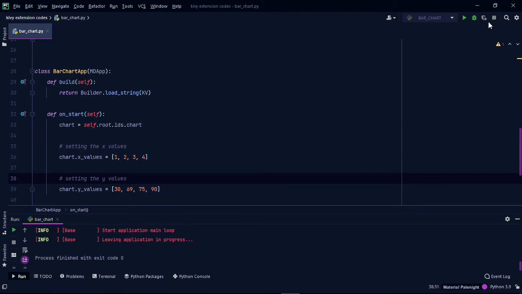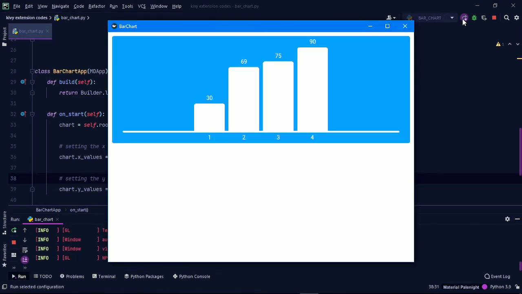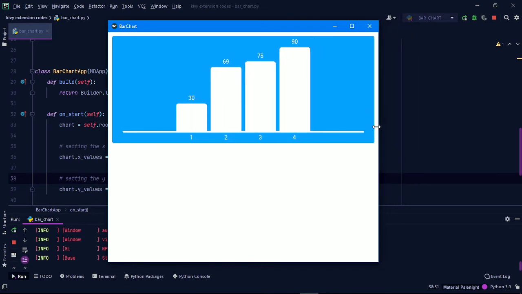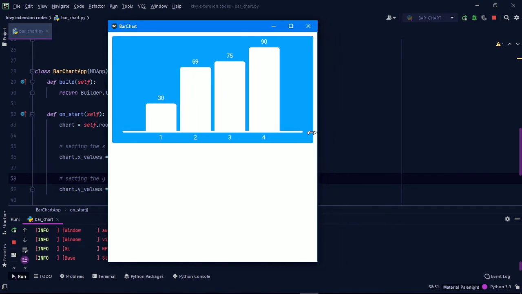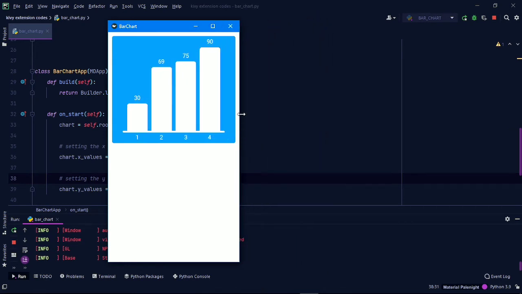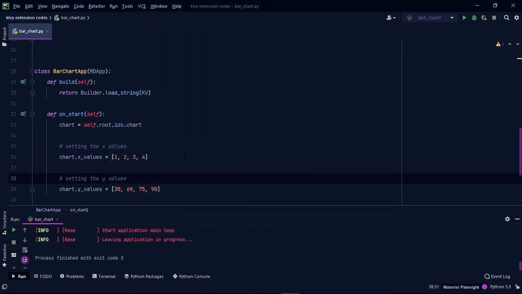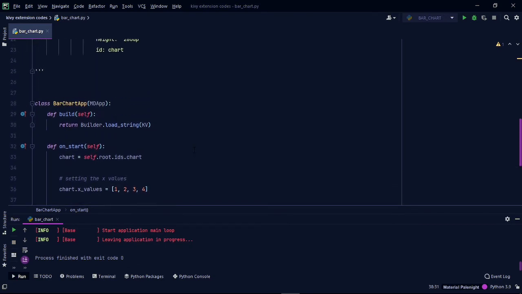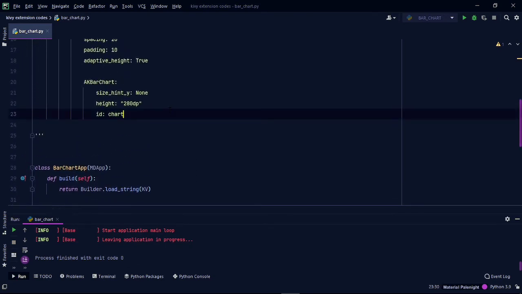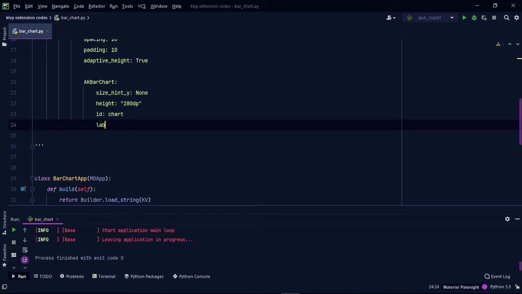Let's run the code. Awesome, our code ran perfectly. This is the way you can implement bar charts in your Kivy app. Now let's customize the bar chart. For using the labels, you have to set the labels property to be true.